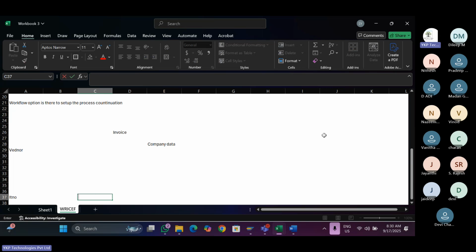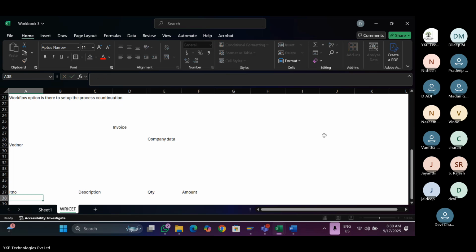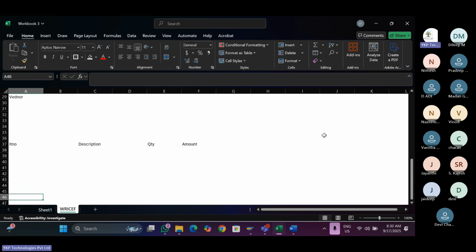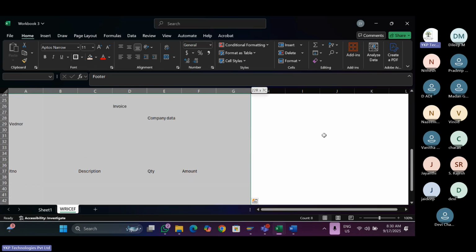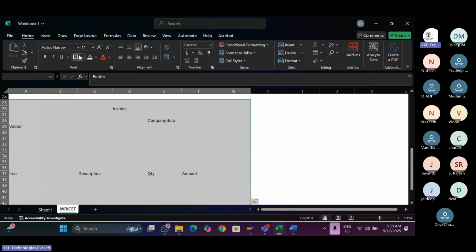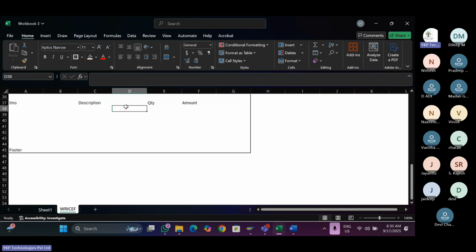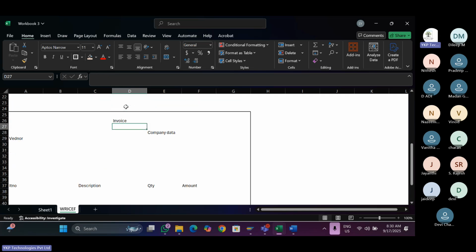description, quantity, amount, and in the footer we have certain information, maybe payment related data. A standard layout will be there for the invoice. If our customer, Reliance, doesn't like the standard format that was given, you need to modify it. You need to put the company address here and the vendor address here, or the date,